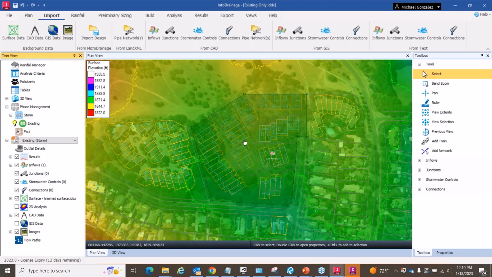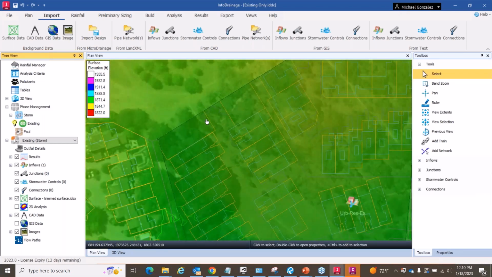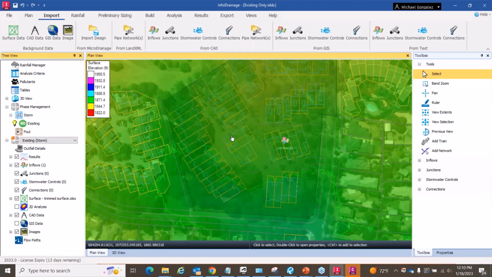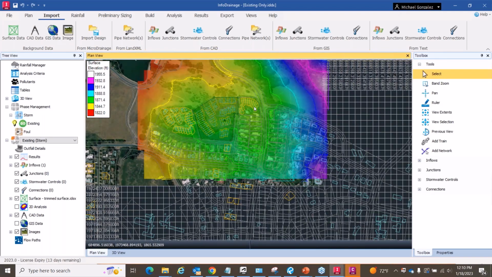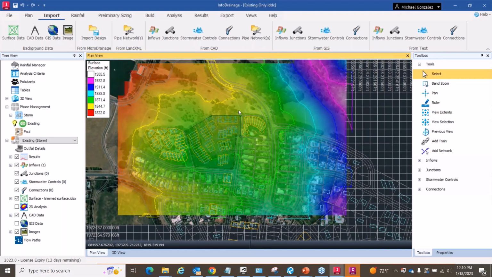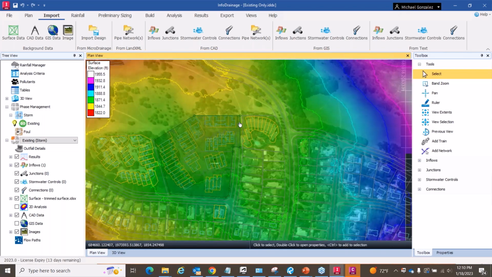Here we have some lots and their building outlines, just to give us an idea of what's going on. We have an existing surface, which was brought in, and there are lots of different ways. Oh, and the background imagery. So long as the projections are all set up correctly, everything's going to fall right into place. Okay, and we set up this little area here. So this is our catchment, or our inflow area,